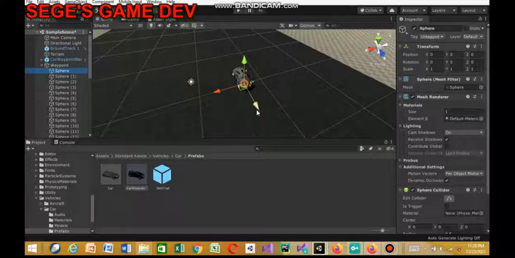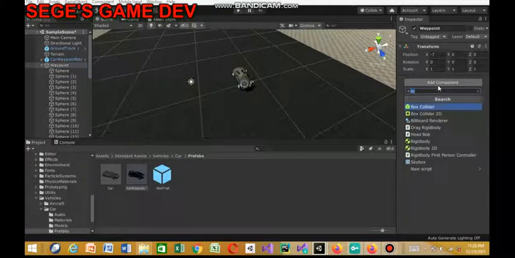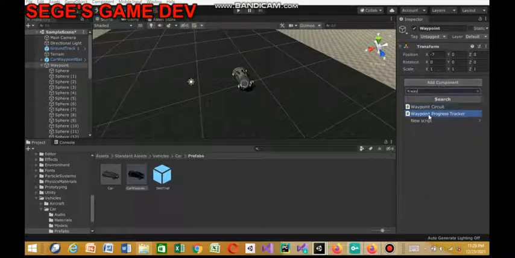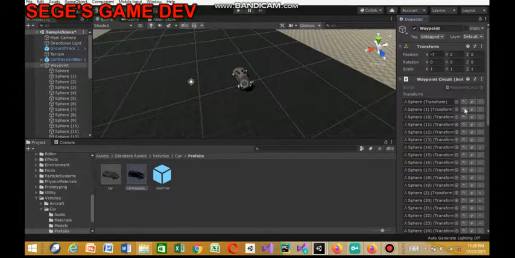So now what we're gonna do next is this. We're gonna just select the waypoint car, and then we add component. Now the standard asset comes with a waypoint script. So just having this sphere won't do anything around the track. You just search for waypoint, you see waypoint circuit, click on it, then we'll assign all using the child object. So now we're gonna arrange it here,